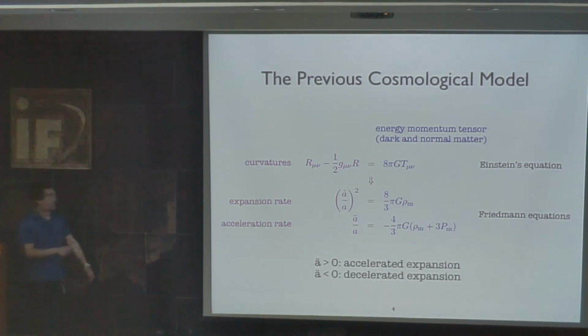And if you apply this Einstein equation to a background Friedmann universe, then you get 2 equations which govern the dynamical expansion of the universe. And these are the first and second Friedmann equations. The first one tells you how fast the universe expands given the energy contained inside it. And the second equation tells you what is the acceleration rate of the expansion. And you can see that this a double dot is the acceleration of the universe. If it is positive, the universe is accelerating. Otherwise, it is decelerating.